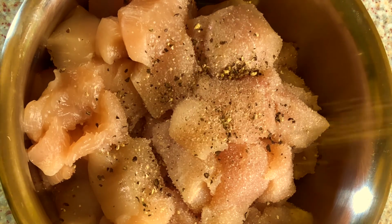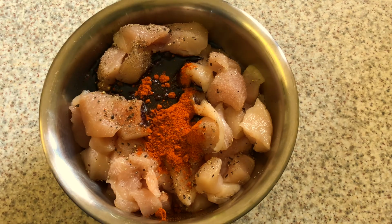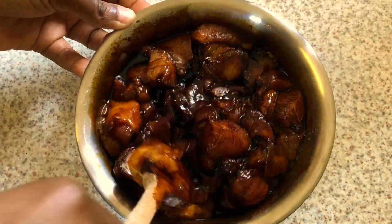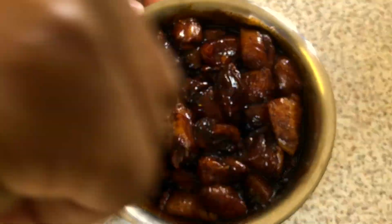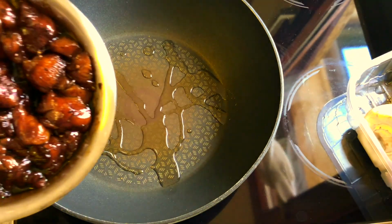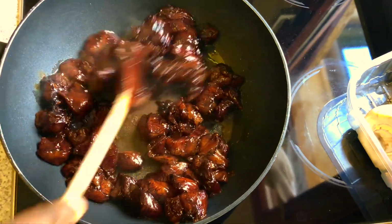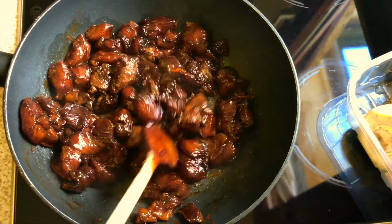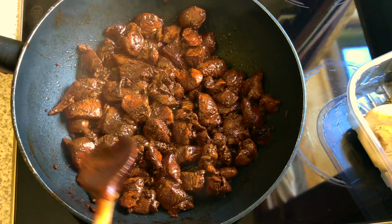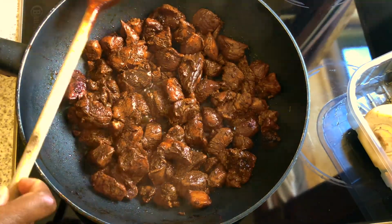So I'm gonna go ahead and sprinkle onions and pepper on the chicken, and then I add in also the paprika powder. I've added in the soy sauce also. So I'm going to go ahead and mix it until it is fully soaked into the ingredients. So I sprinkle some vegetable oil into a hot frying pan and then add in the marinated chicken. So at this point it is ready, and I'm going to remove it from this frying pan